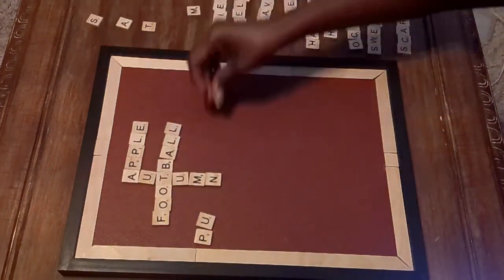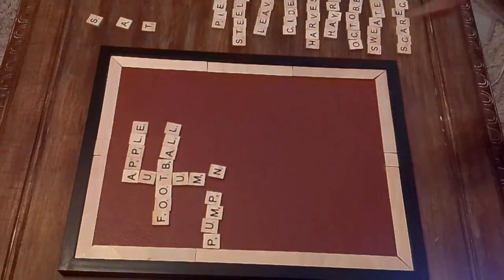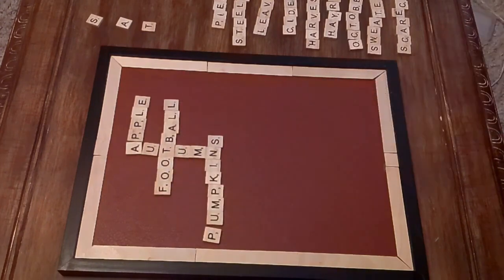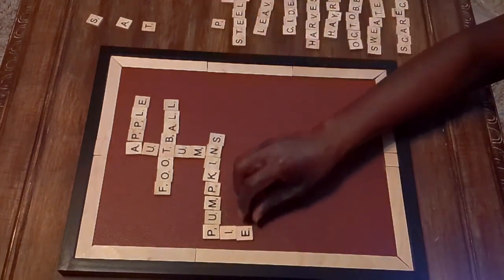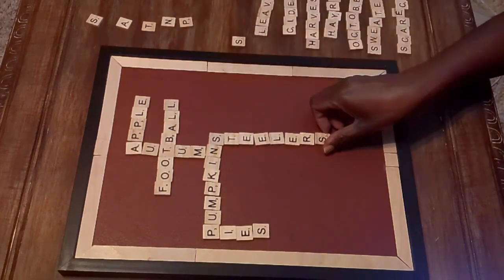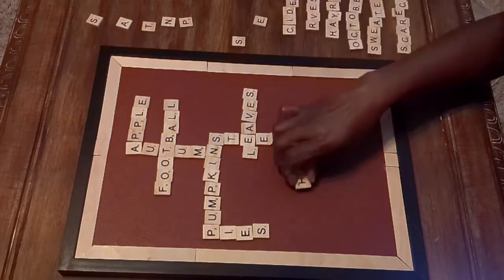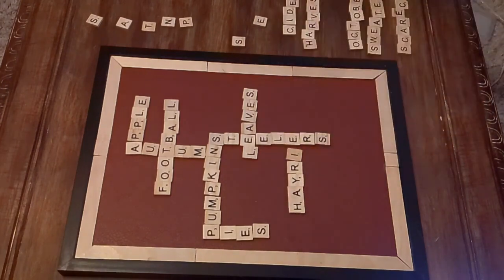So here I am putting all of the words onto the picture frame, and I'm going to try and position everything evenly. This is actually my second attempt at doing this DIY, because I put all of the words down the first time, and while I was doing it, because I moved the letters around so much, as I was gluing them all down I was changing the position of the words, and somehow I ended up leaving out